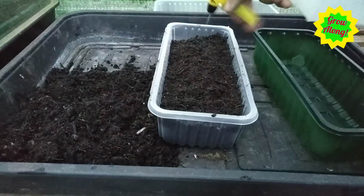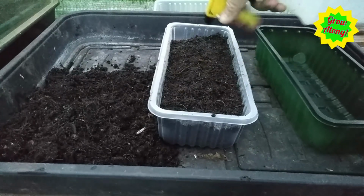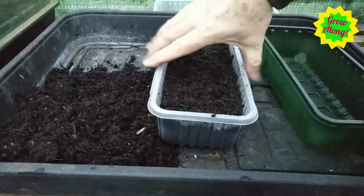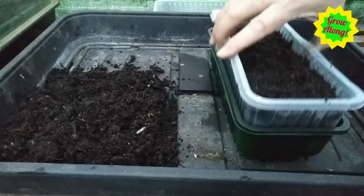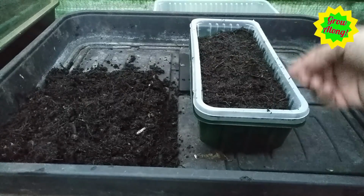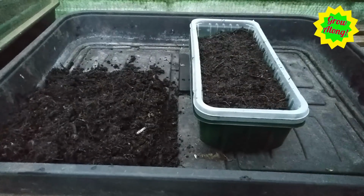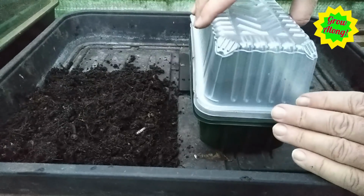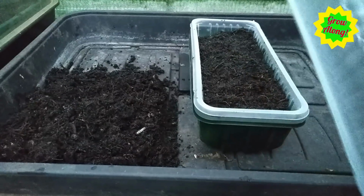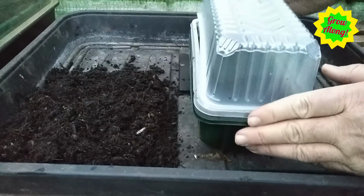I'll give them a little spray, not too much because the compost is okay at the moment anyway, pretty damp. Then I'm going to slip that one into our green one, which is acting as our gravel tray or the drip tray to catch any water that goes through. And then I'm going to put that on top. There's holes in here, a hole in this corner here, and a hole in this corner here, and I'm going to match those up